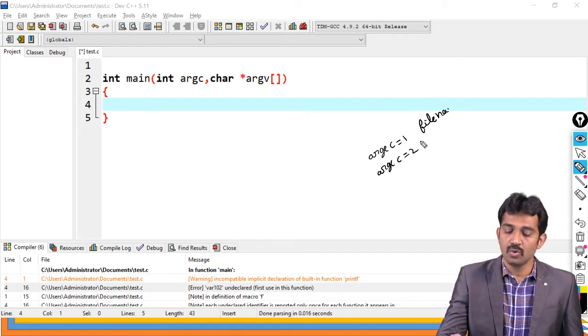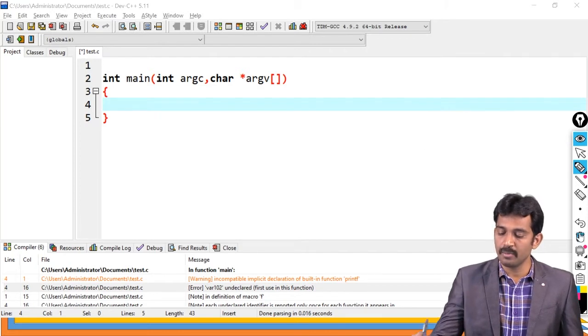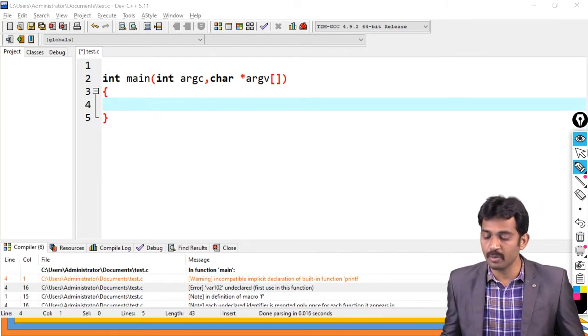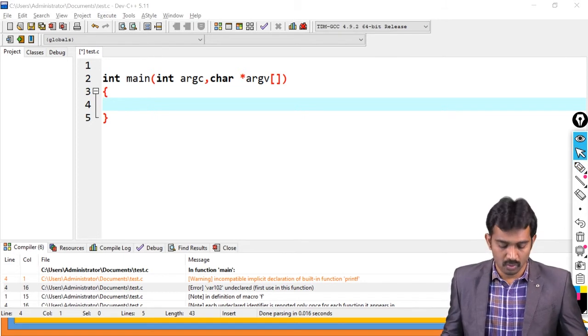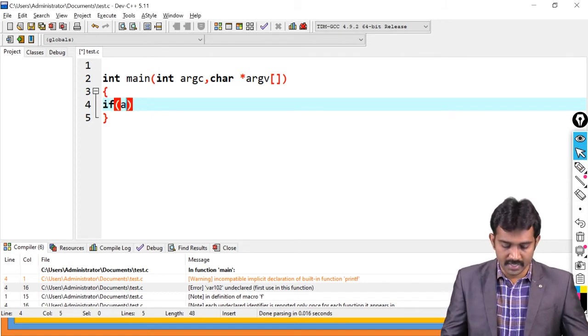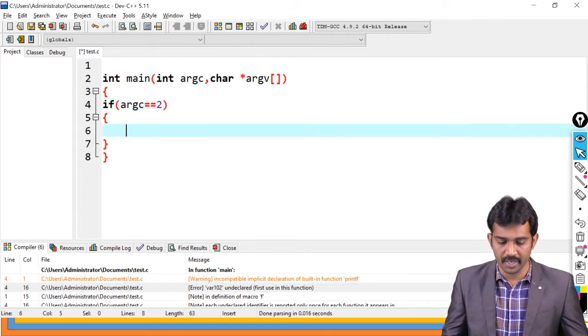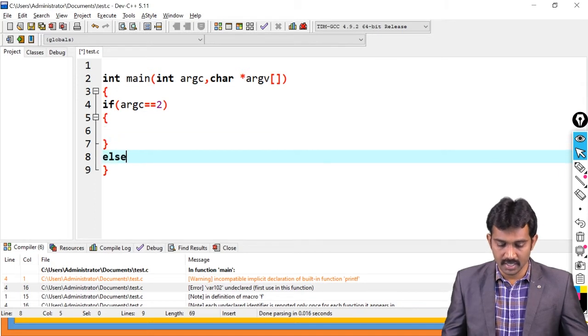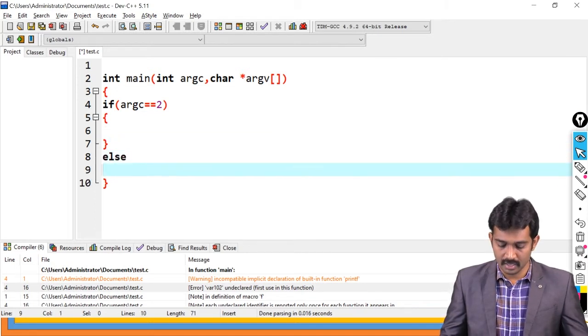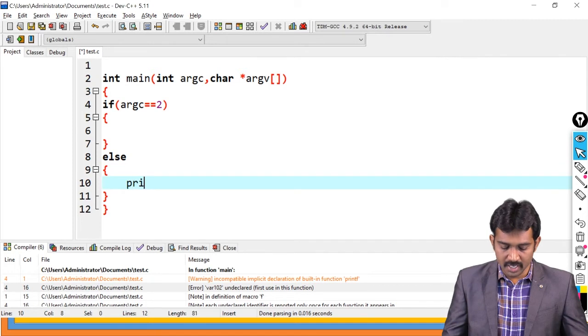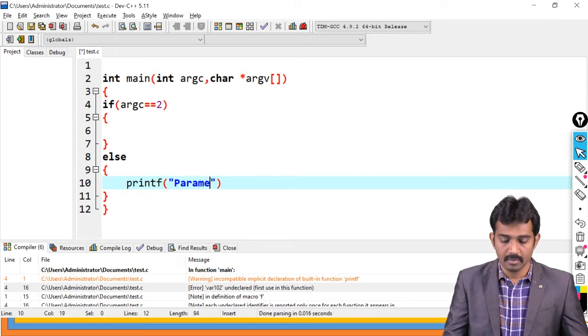So you process the program only if argc is equal to 2. Then only you perform the operation. Otherwise, print parameters are not appropriate.